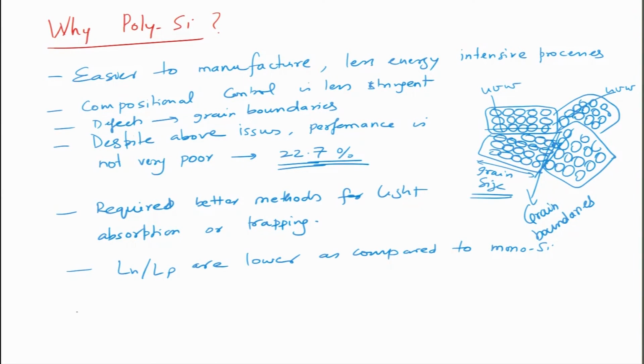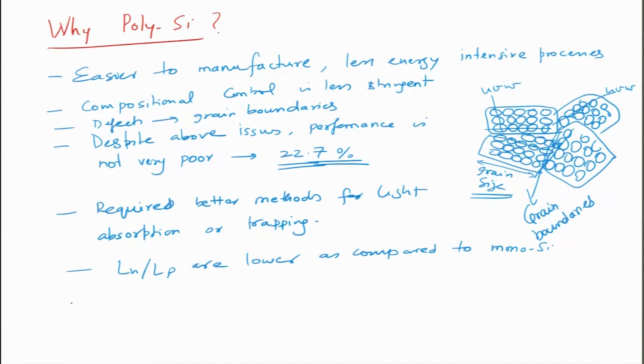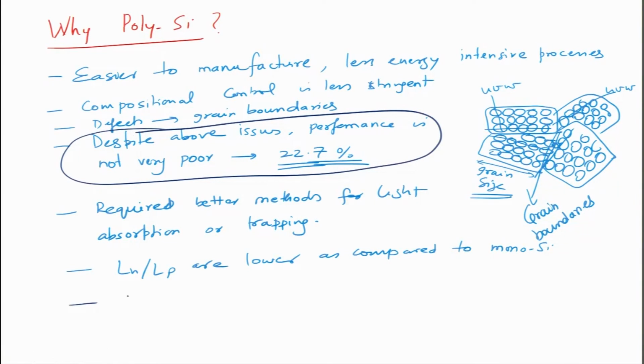But you have some good things. Despite our issues, they still have good performance. They are more radiation resistant. So this is a positive thing, and they are economical. That is the most important thing for any technology to succeed. They are cheaper. There are certain issues that you need to control. So for example, one needs to control